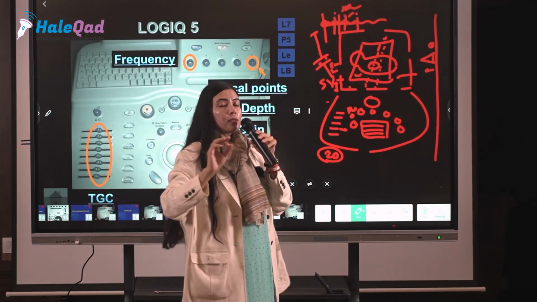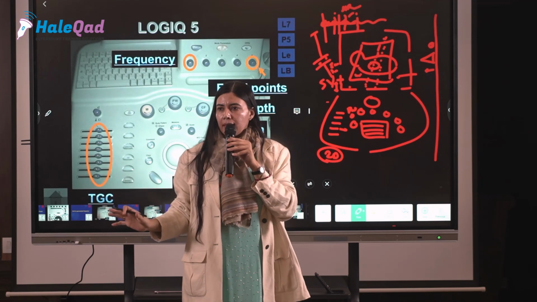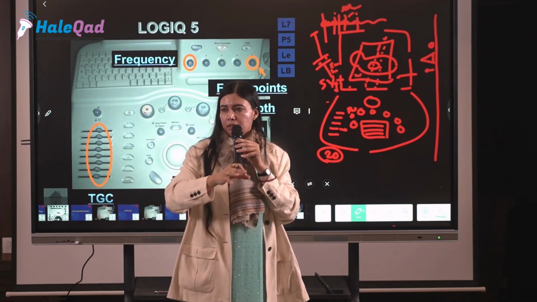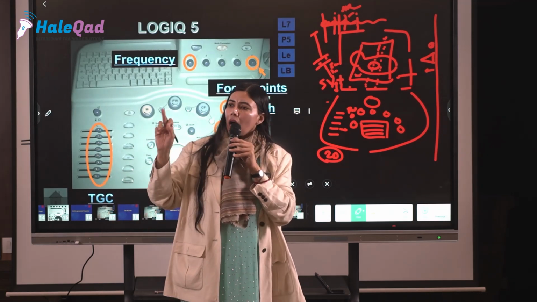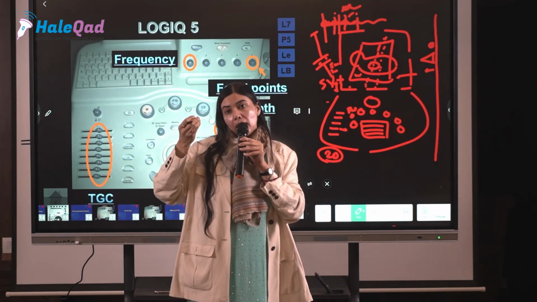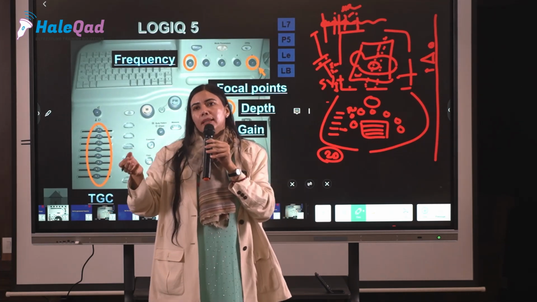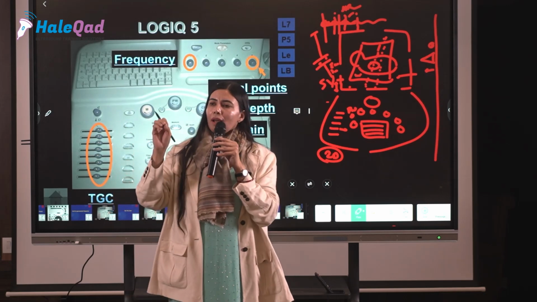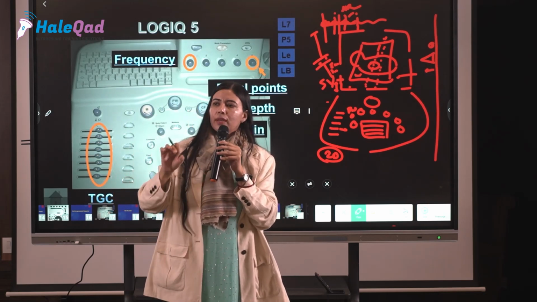I have focused the uterus very nicely, I have adjusted depth and gain, I have done everything. Now I want to focus only on the endometrium. I am examining and I feel there is a polyp there, so I want to specifically focus on the endometrium.